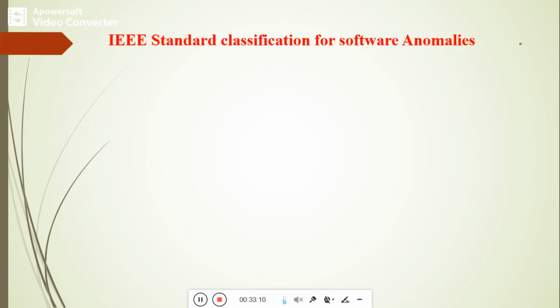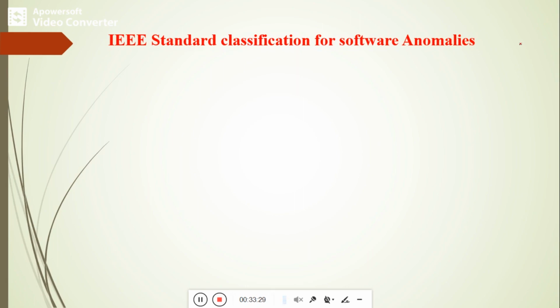There is one more classification of faults, based on the IEEE standard classification. We can call it software anomalies. IEEE has classified the faults based on software.